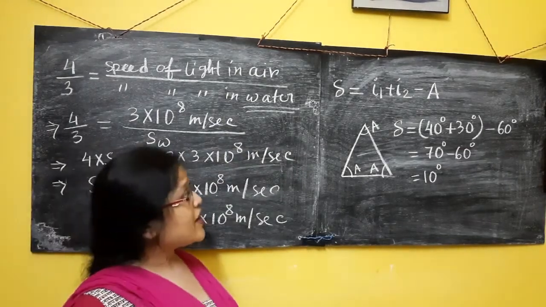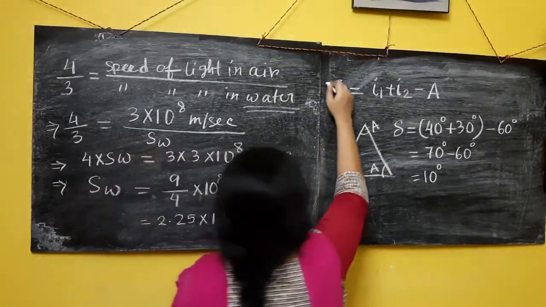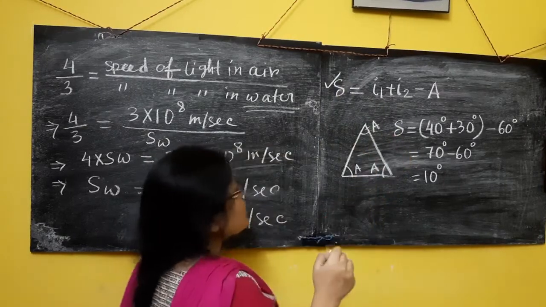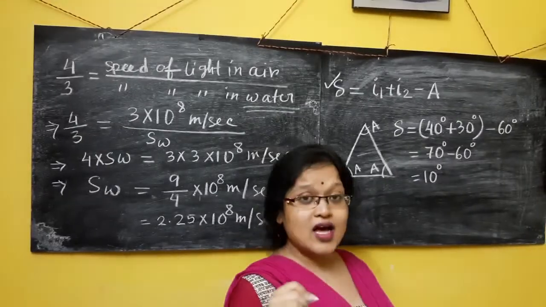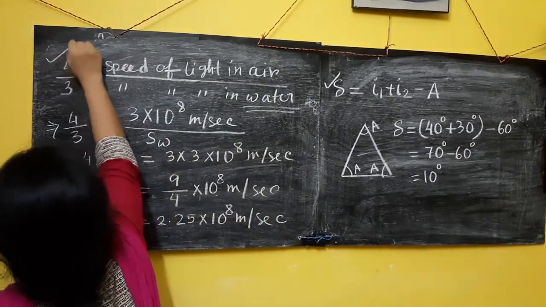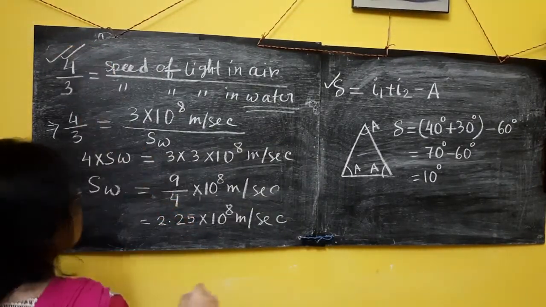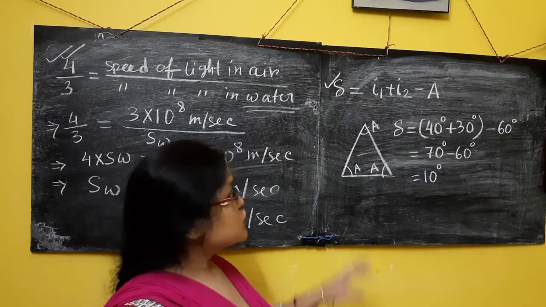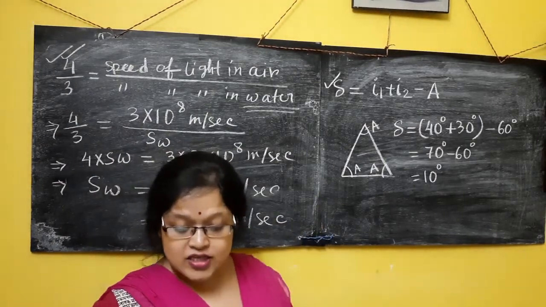Done? So this is also one formula whose derivation I need to remember, and also the last formula for numericals. This is also another formula. Only this formula you need to remember because derivation is not required. So these two formulas. Achha, next question.